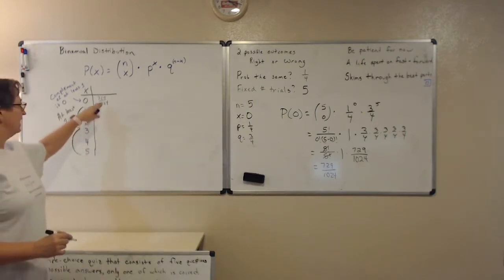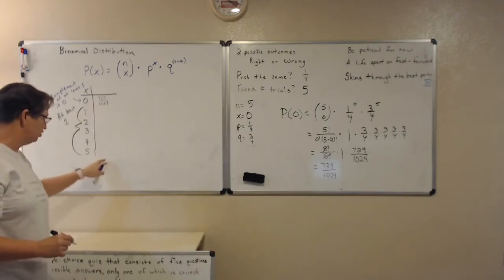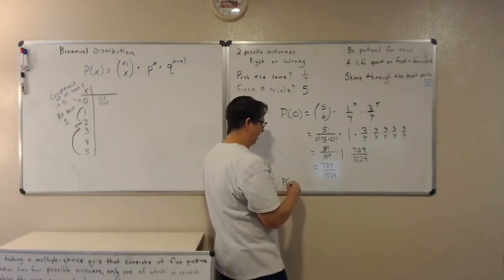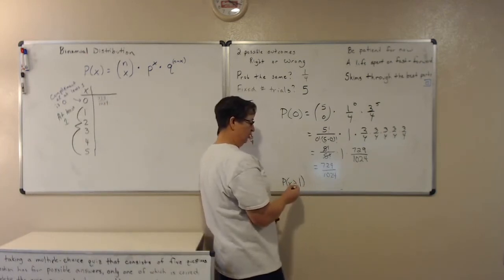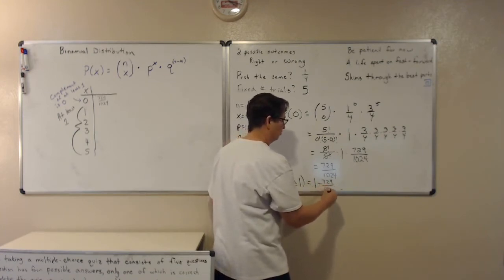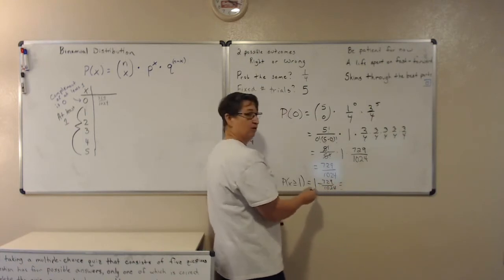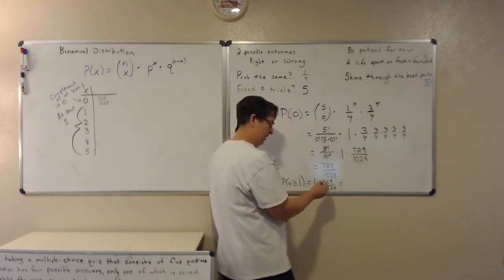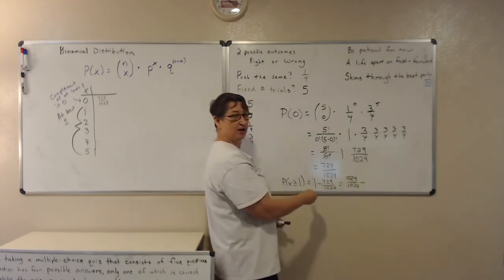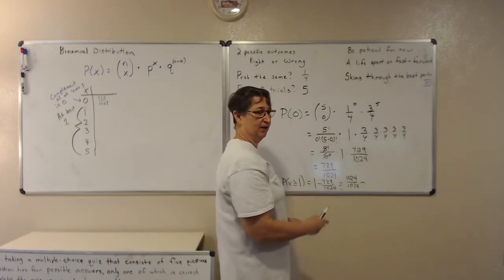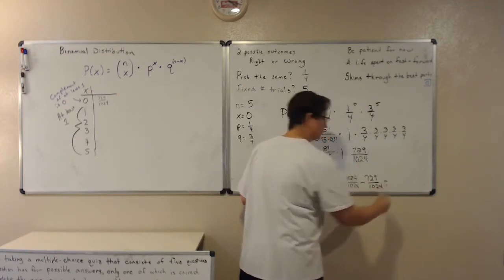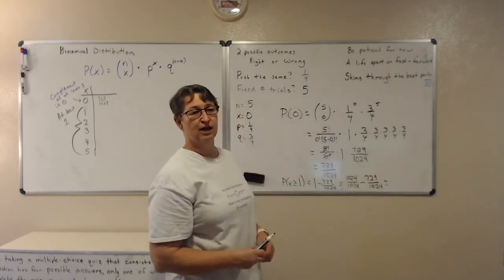So what I'm going to do is take this and subtract it, because all these should add up to be 1. So I'm going to do the probability at least 1, so it's 1 or bigger. I do 1 minus that 729 over 1024. Remember, 1 is just this denominator over itself, because I have to have a common denominator. When I'm adding, I must have a common denominator. And then I subtract the 729 over 1024, and you tell me,